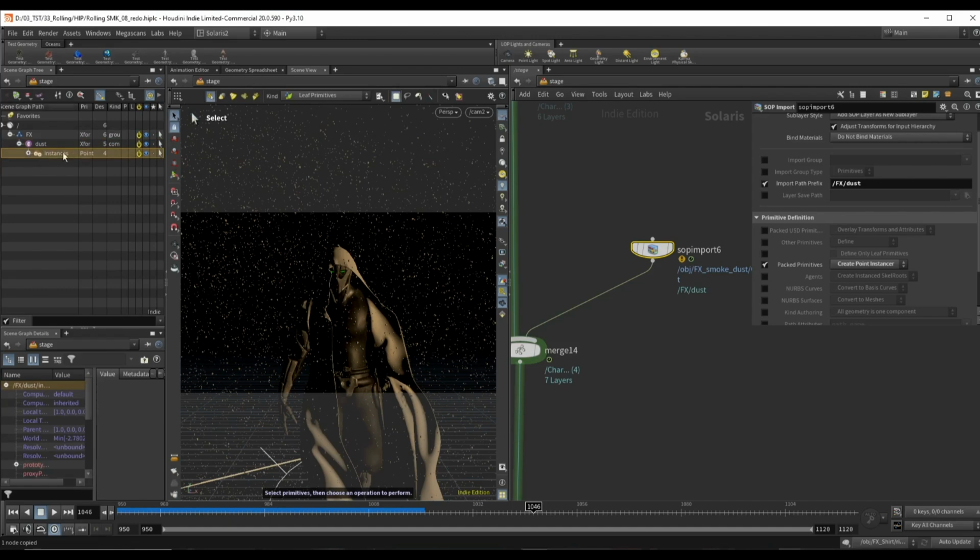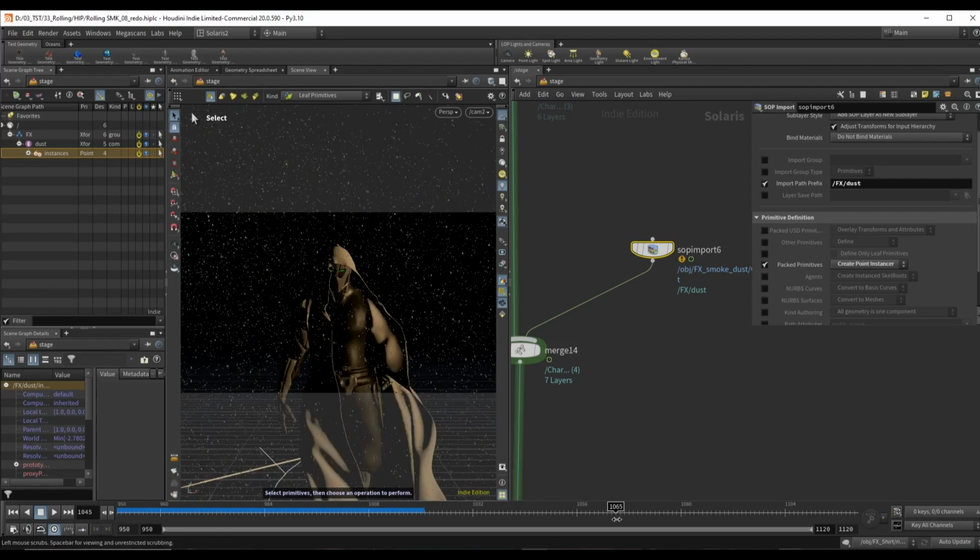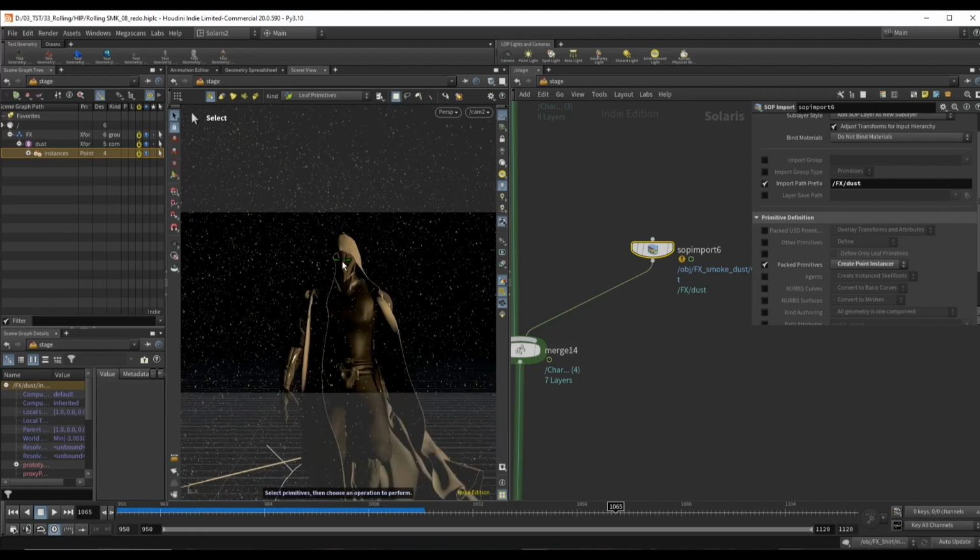We only have this instances object, and as a result we should be able to, I mean, it still needs a second to update everything, but this is a lot faster and more efficient. And it makes sense that we want to work with packed primitives since they are packed primitives at the SOP level. Now for this layer, like I mentioned when we created it, we are concerned a lot with the motion